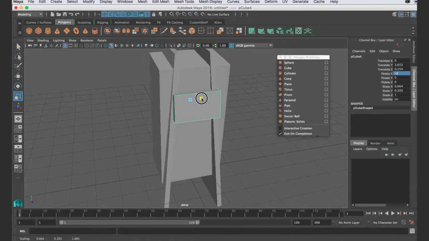The idea is to try to get it in between these two, and just push it back until it sinks in. And I may angle it out some, and then scale it up, push it back,